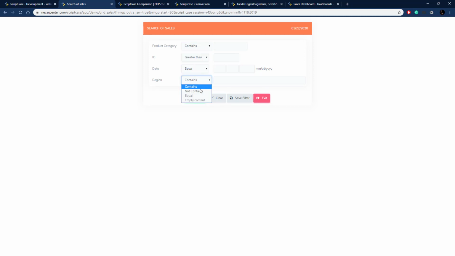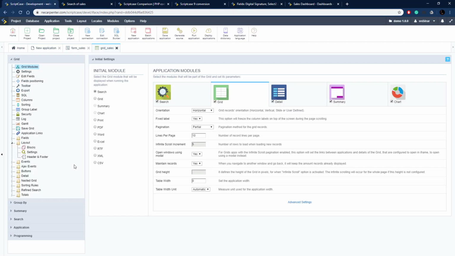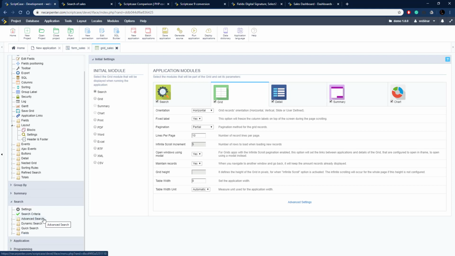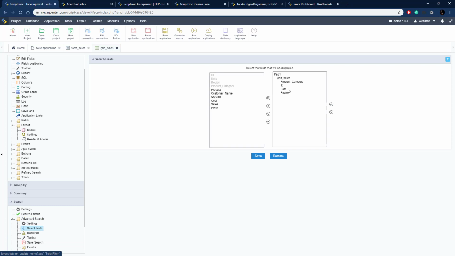We can set the criteria for the search, and then put in some options to actually search based on those values. So if I set the region equal to some value there, we can search based on the region. If you wanted to change the settings, we can go to search here, the blue tab, and advanced search. We can select the fields that are on there. So as you can see, we can put the customer name on there and we could take fields off. So if we save that,